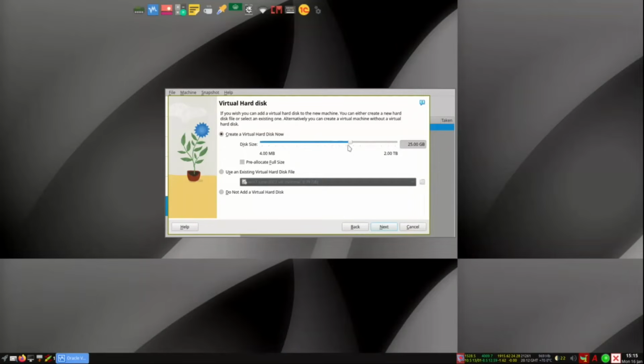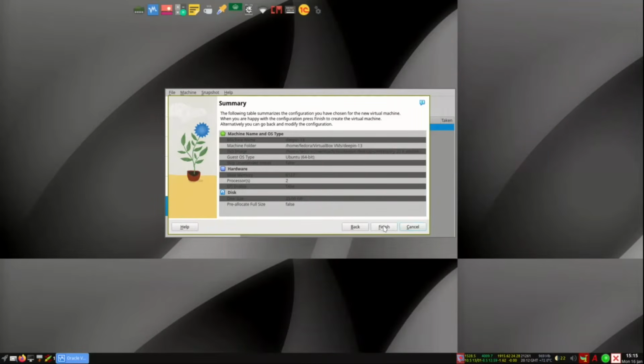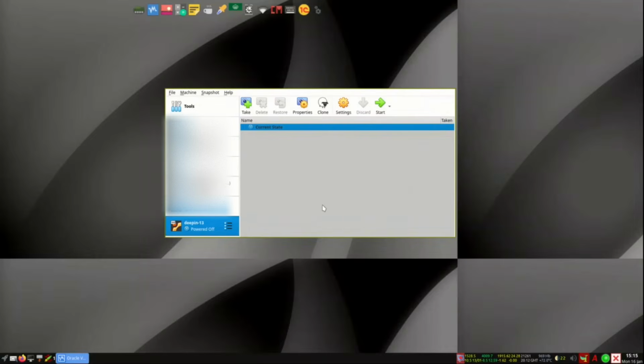If you want the recommendation, you can use it, but the recommendation is for extra backup, extra things, partitions, for more backup, so that you will not lose any data. But for all the Linux distributions, 25 GB is more than enough, so I will allocate 25 GB for that. I will click next and we'll go finish.